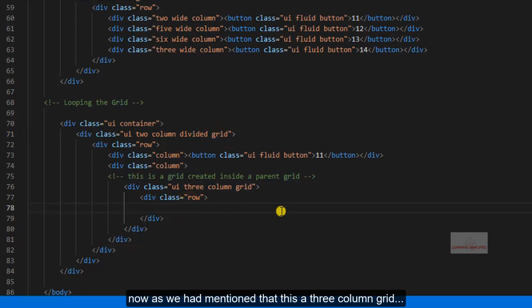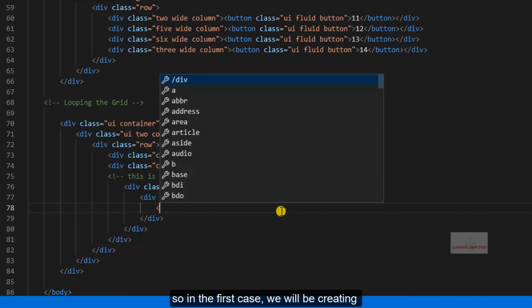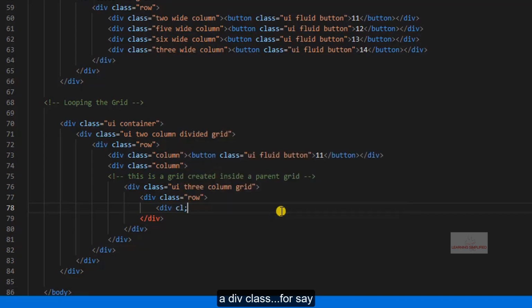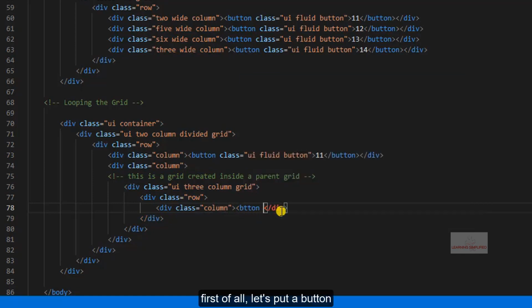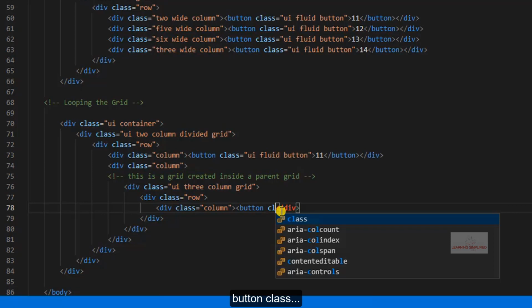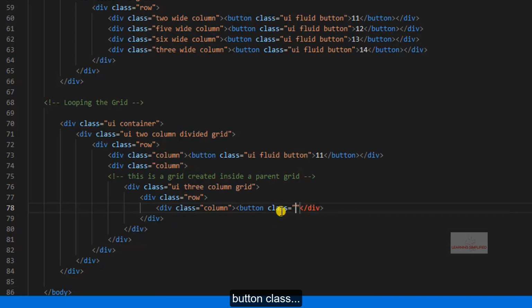Now as we have mentioned that this is a 3-column grid, in the first case we will be creating a div class for, say, column. First of all, let's put a button element. We'll be creating a button class.